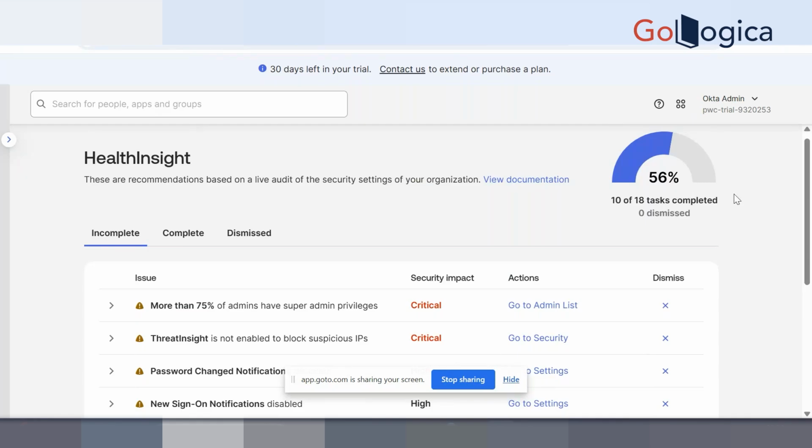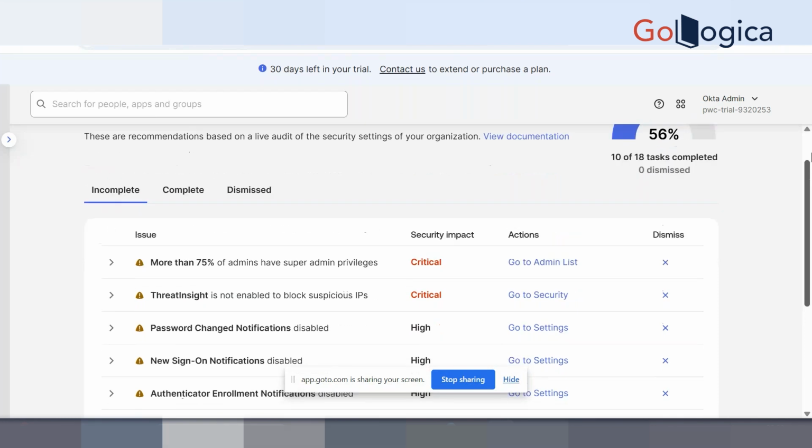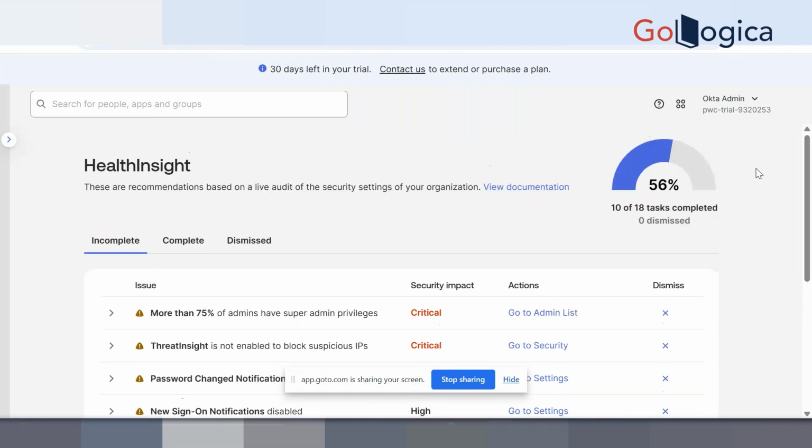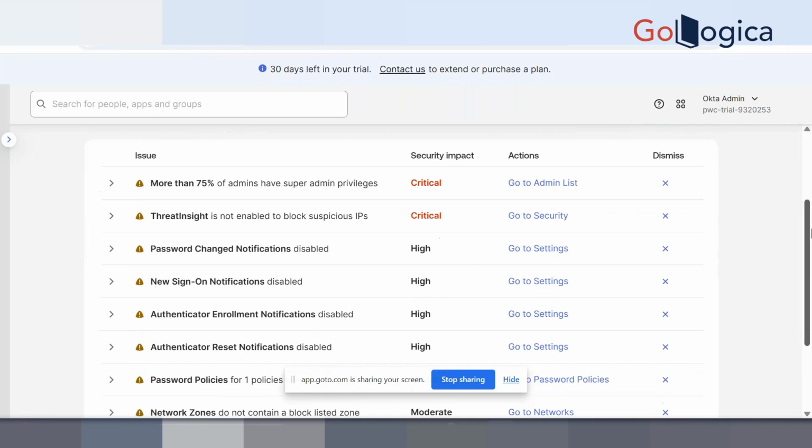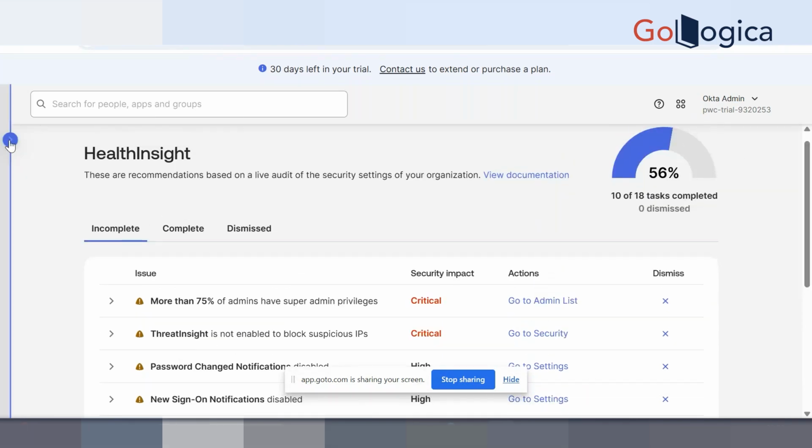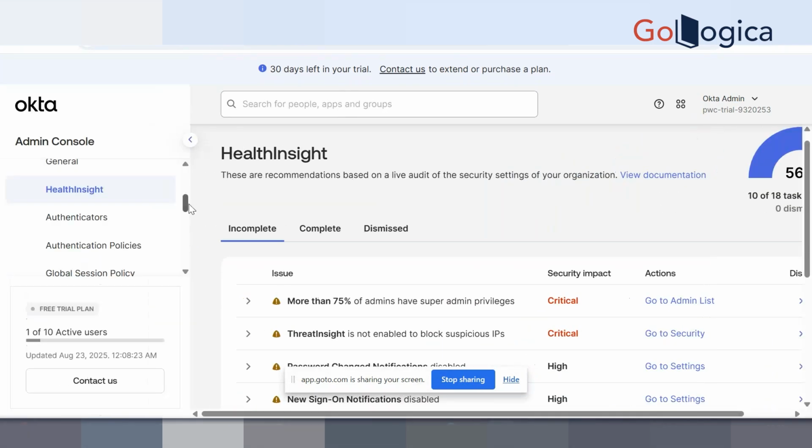So this graph should be more than 80%. It is a good sign, meaning the health of your organization is good. Okay, so this is how we are supposed to maintain Okta Health Insight. I'll do this in a practical way. Similarly,